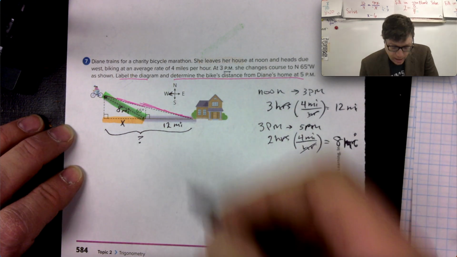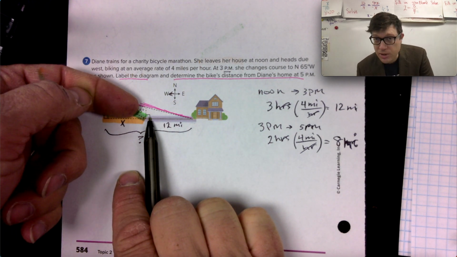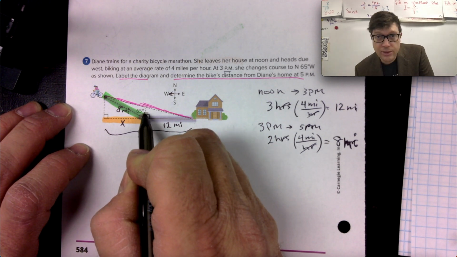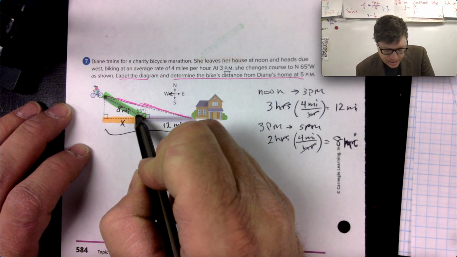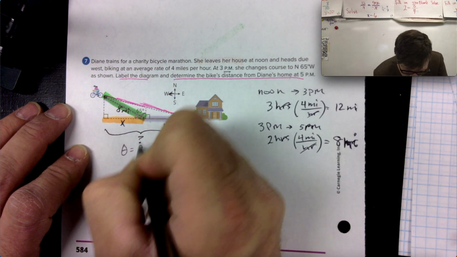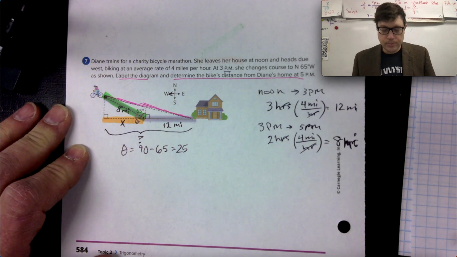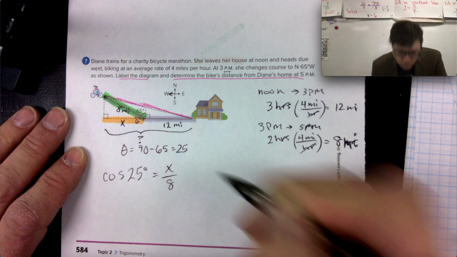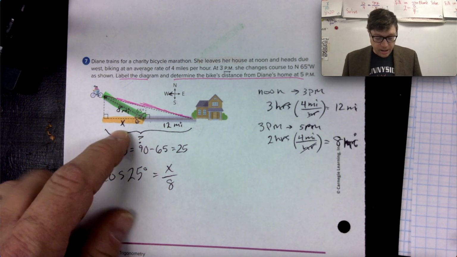And I'm also going to recognize that the way that this 90-degree angle is formed here, the other side of it is also 90 degrees. So these two angles, the 65-degree one and the rest of it, also form a 90-degree angle total. So to find this little angle that's left, it's 90 minus 65. Theta in this little corner is 90 minus 65, and I know that to be 25 degrees. So cosine of 25 degrees is x over 8. The x for adjacent and the 8 for hypotenuse,